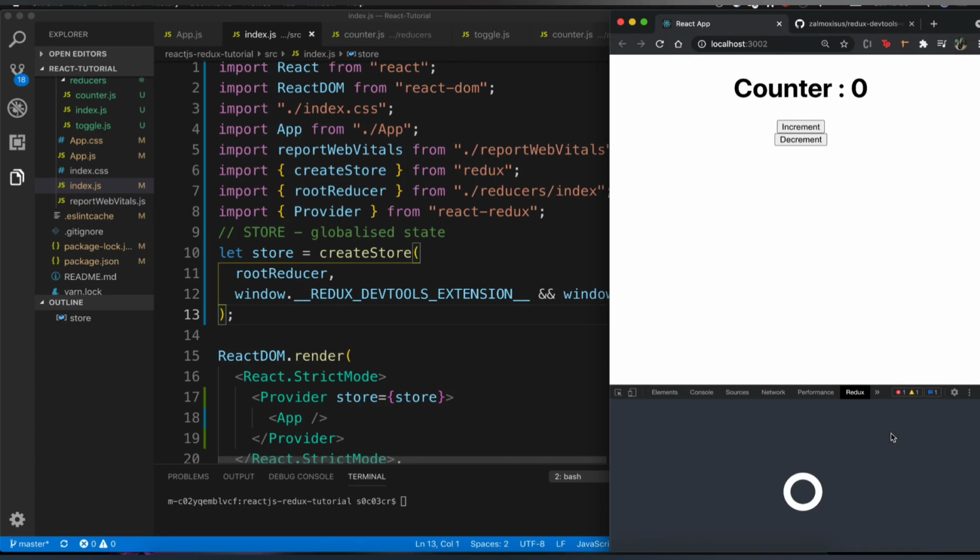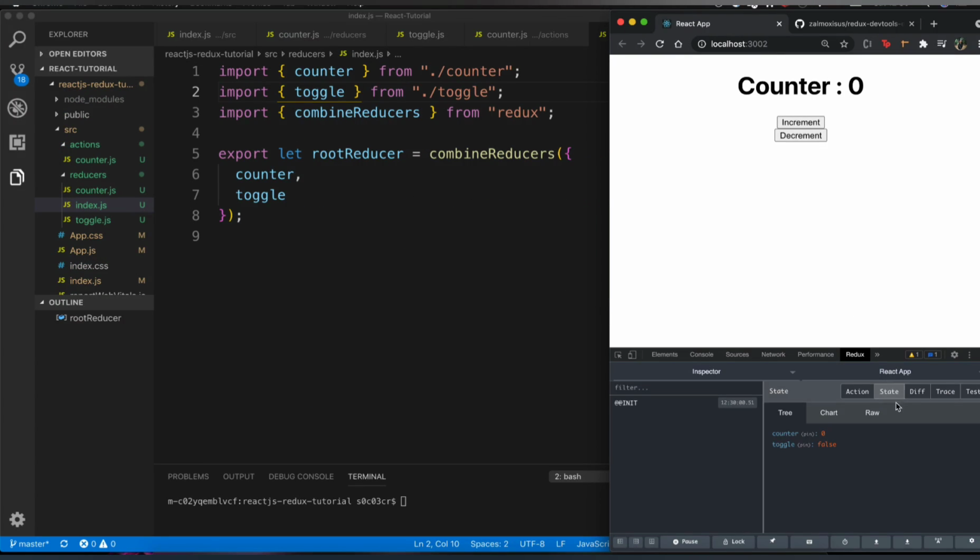So I click on Redux, and alright, now you should be able to see your global state. Your global state contains counter and it contains toggle. These are the two reducers we created, and inside of these reducers, this was the state name, right? So counter was the name of the reducer, and these names are going to be the same as what you have given over here inside of your index.js inside reducers, right? I have given the name counter and toggle. So just like that, you're going to see counter and toggle over here.